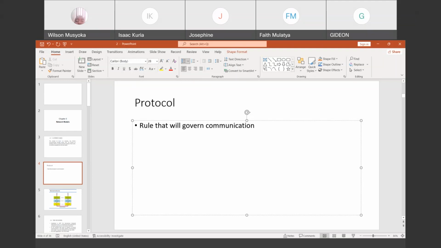So it determines what is being communicated, how it is communicated, and when it is communicated.